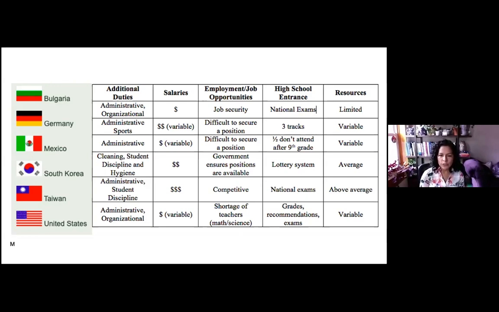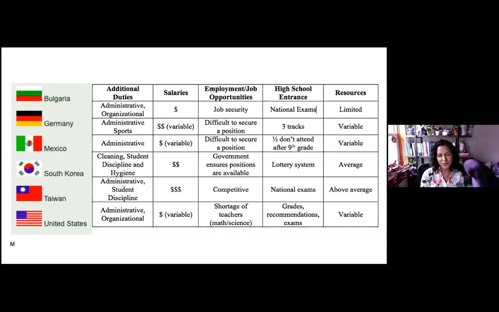So if you're teaching in a poorly funded school, teachers actually tend to incur some of these costs, like the materials and the supplies. And for this specific teacher in Mexico, they talked a lot about time constraints due to typically overloaded schedules. This includes instructional hours that extend all the way to the evening. They show the schedule, and some of them go up to like 8 p.m., 9 p.m. And they really overwhelm teachers, limiting the ability to interact with other teachers, with administrators, school board members, and with their own students. And then last but not least, we have the United States, which we know a lot about.